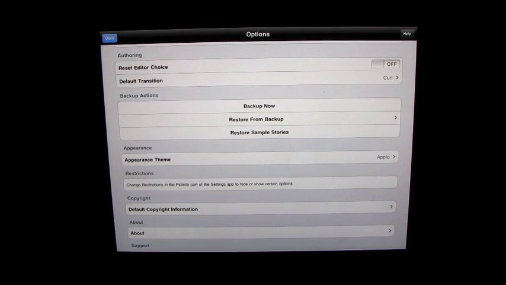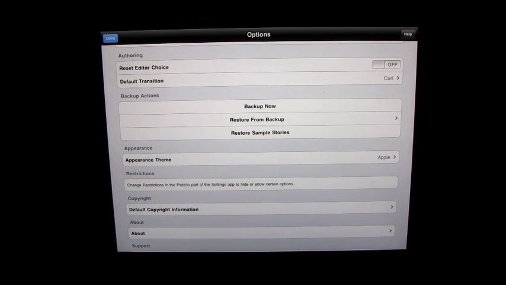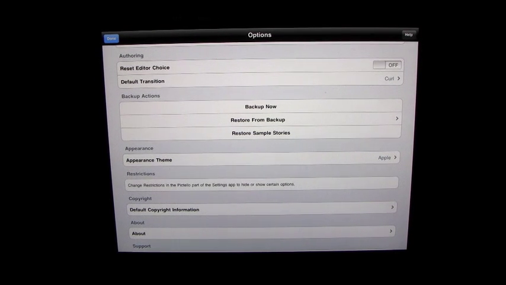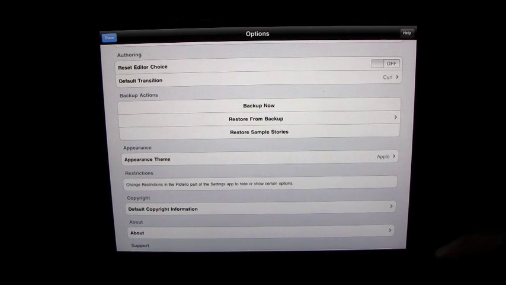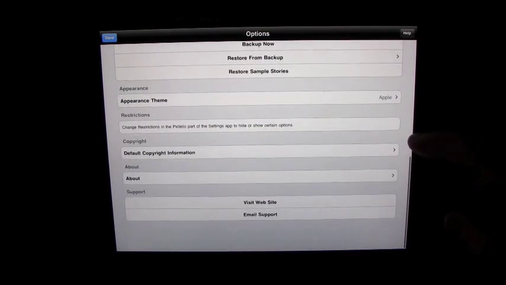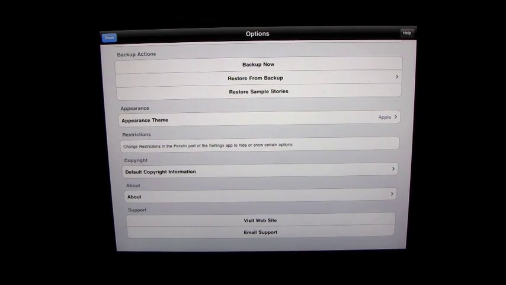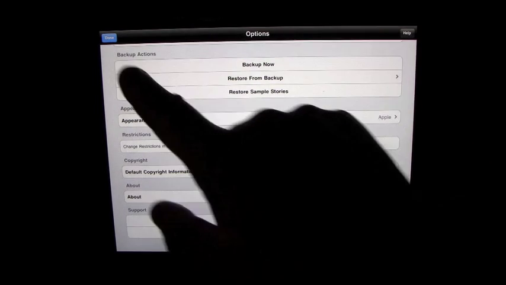You can actually back this up to the computer and you can actually share the stories that you create online in a special file, and we'll look at that at the very end, show you how to upload and download and so on to do that. So that's quite an exciting thing also. Visit the website and email support. So let's go back out,